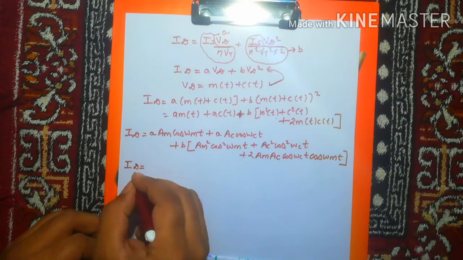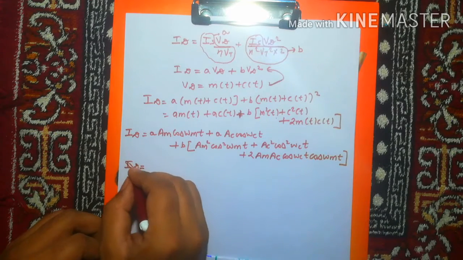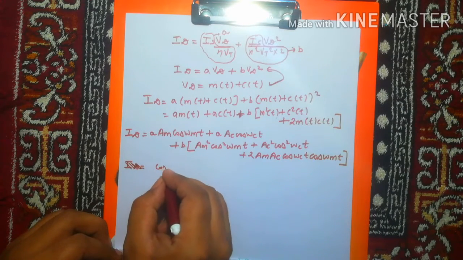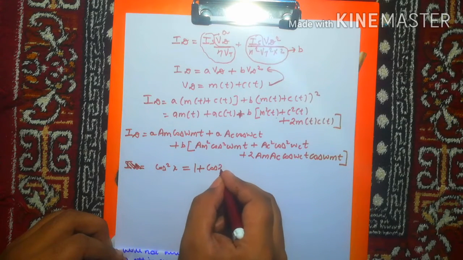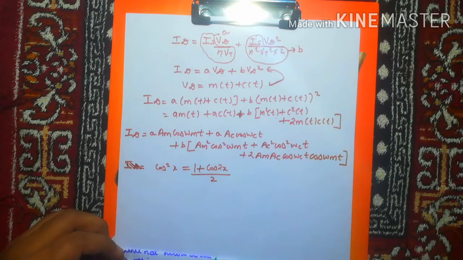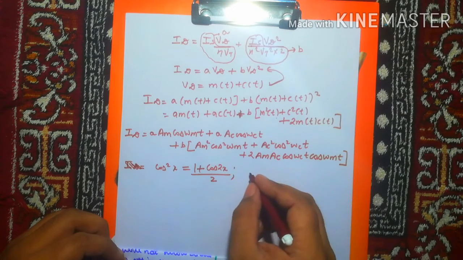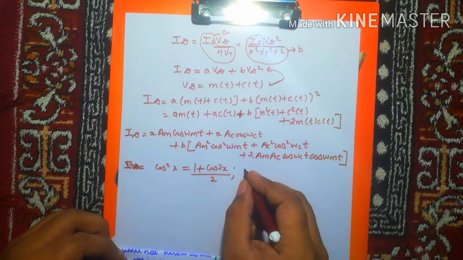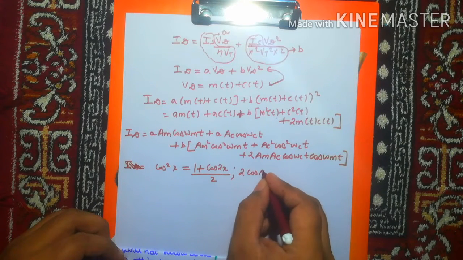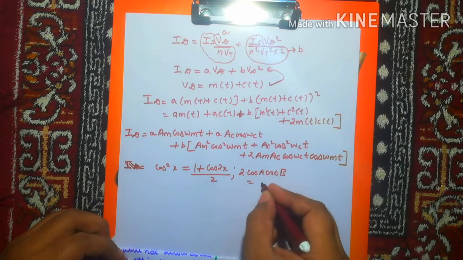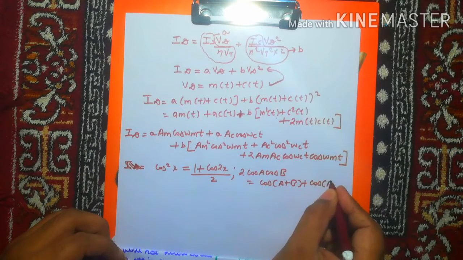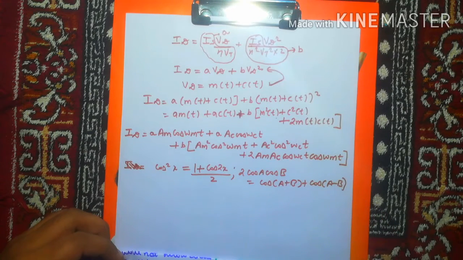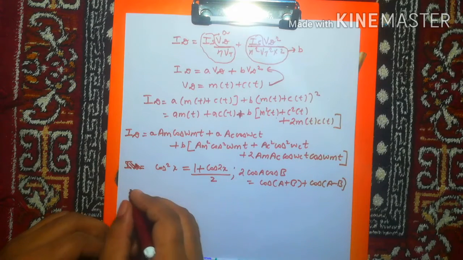Now we are moving forward here. If you know how to write cos square x by mathematical identity, we can write it as (1 plus cos 2x) divided by 2. Okay, and how to write cos a cos b? We can write 2 cos a cos b as cos of (a plus b) plus cos of (a minus b). Kindly provide me your attention because I am putting these identities here.